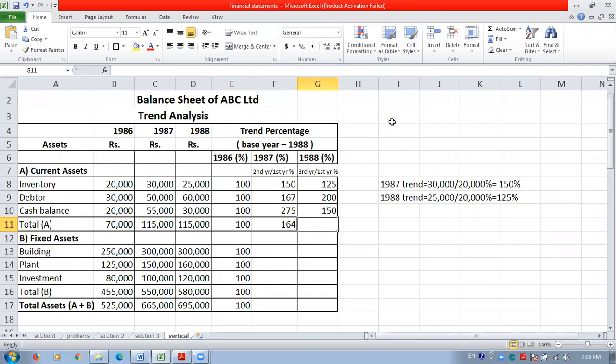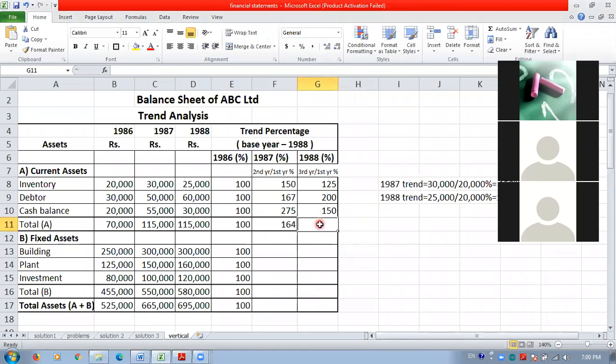So Isha and Sneha, Ishwari, Supriya, all are right. Very good. So it is again 164 because these two figures are the same. So numerator is the same and denominator also the same. So the same percentage comes here. We calculated 164%. Okay. So all are right. Vishwajit also right. So next one.